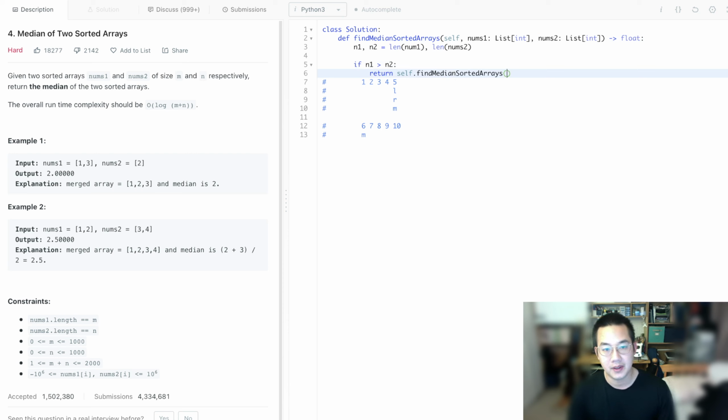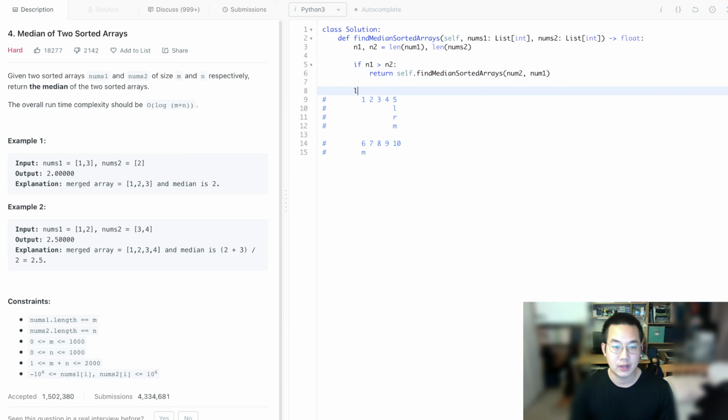need to make sure that we're getting all the items from the half. So nums2 is always going to be the bigger one for us, and nums1 will be the one where we chip away at it. So left and right is equal to 0 and n1. The reason why we use n1 is because we want to make sure that we account for being out of bounds, and the half is equal to n1 plus n2 plus 1 divided by 2, because we want to get